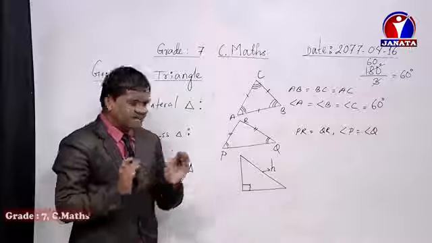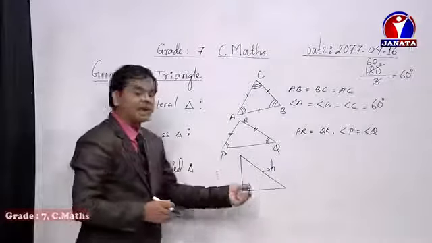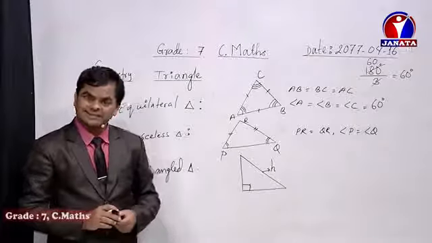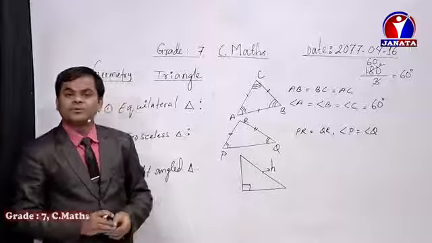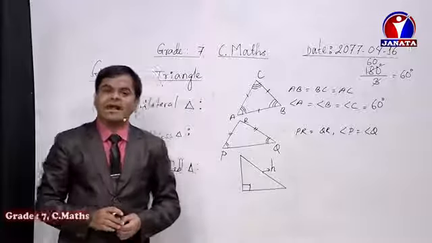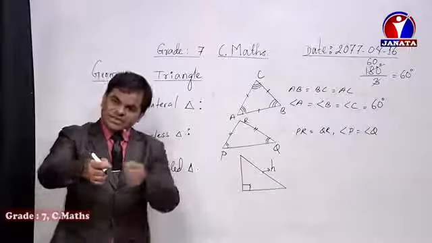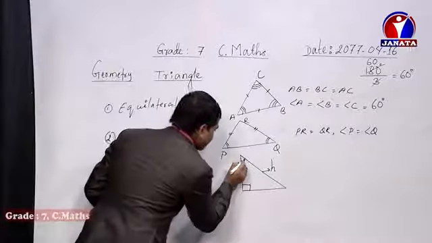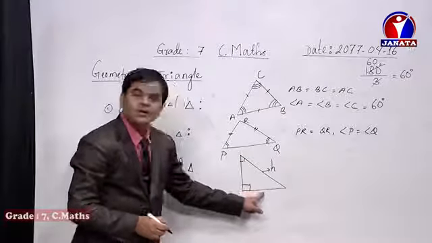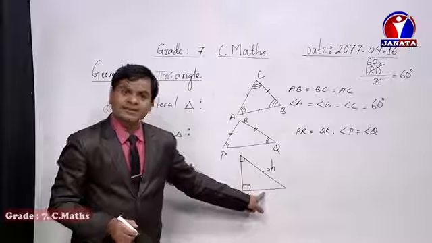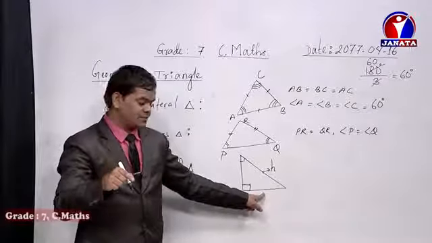Now can you identify which one will be perpendicular and base? Until and unless a reference angle is given, between these two you can fix one as perpendicular and another as base. But if a reference angle is given, then the side opposite to the reference angle we always write as perpendicular. Did you understand? Once again I want to repeat it, and you must know this thing, dear student.